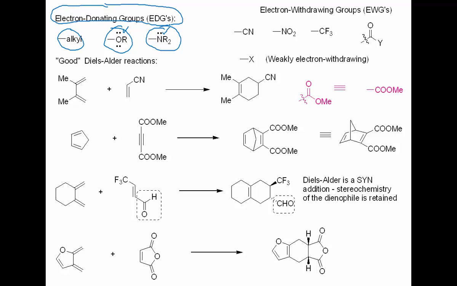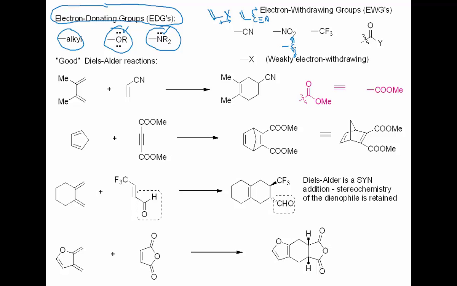These make the system less electron rich. All of these have some sort of dipole taking the electron density away that way. Okay? All right, so just look at nitrile here first. So the cyanide is a very good electron withdrawing group, and that's because we have this partial positive right here at carbon. The nitro group, CF3 group, anything with a carbon-oxygen double bond, an X group, and let's see, we'll add one more,